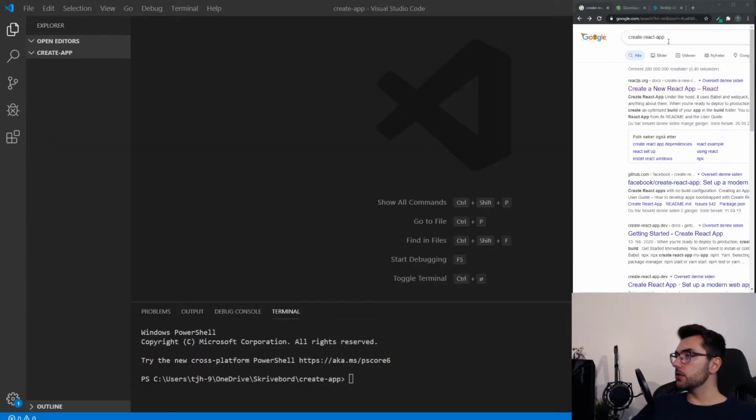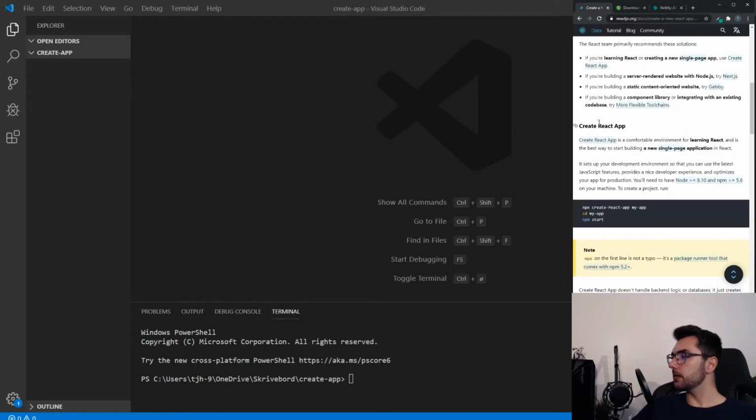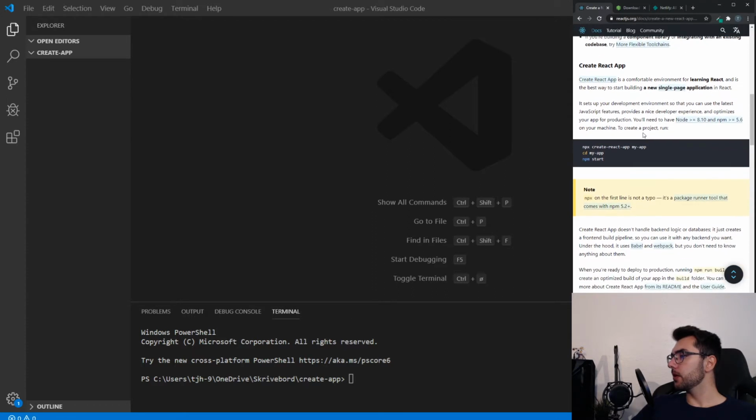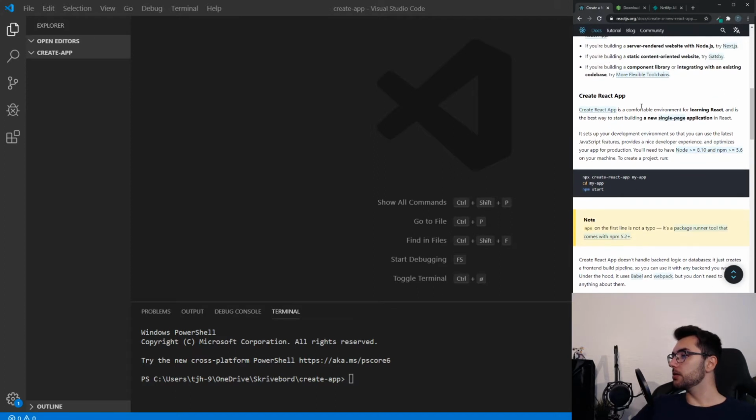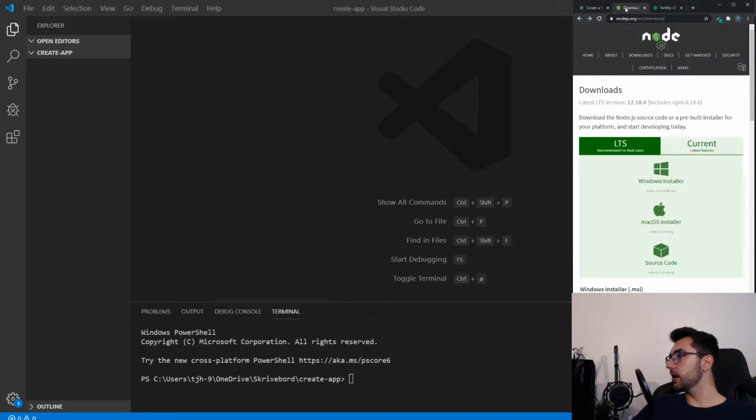Okay guys, so if you head over to Google and type in Create React App, the first result you would get is the documentation for Create React App. Let's head into that, and if you scroll down a bit, you'll see the section for Create React App. You'll also see that we need to have a node version greater than 8.1 and an npm version greater than 5.6. So to get this, let's head over to